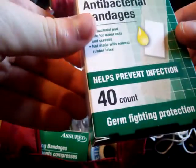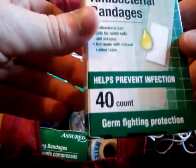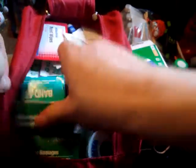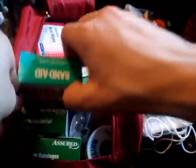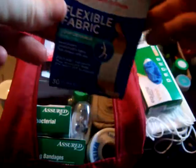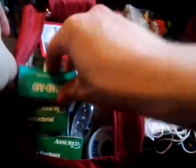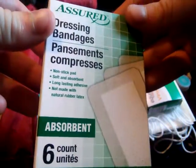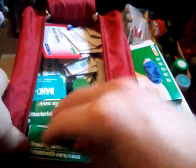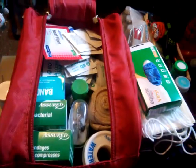And you're gonna want an assortment of bandages, waterproof if you can. I've got these ones. And I also have, you want different sizes, I'll show you in a minute. You want some flexible ones too, for those sports injuries. And then you're going to want some of these. And then after that,